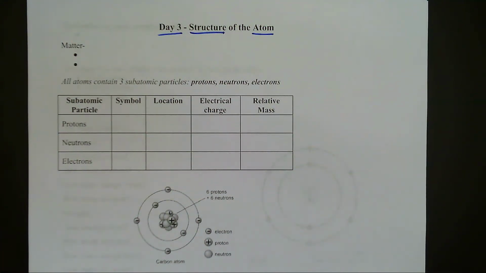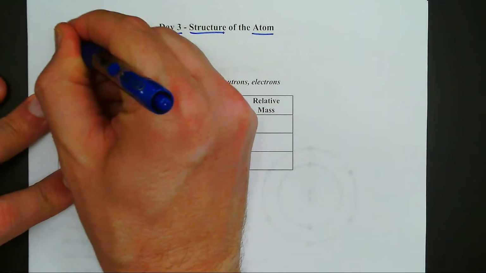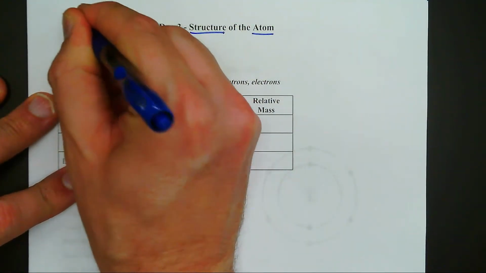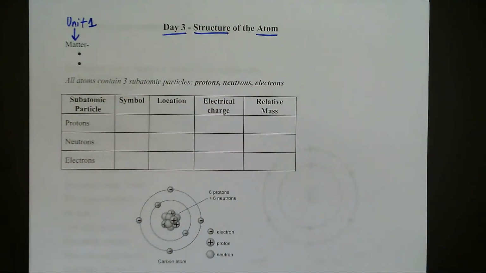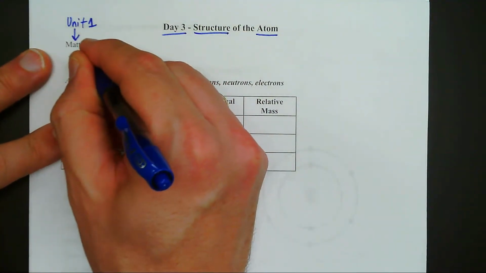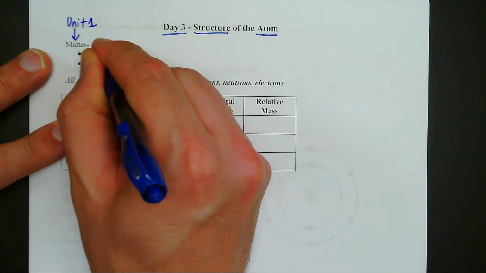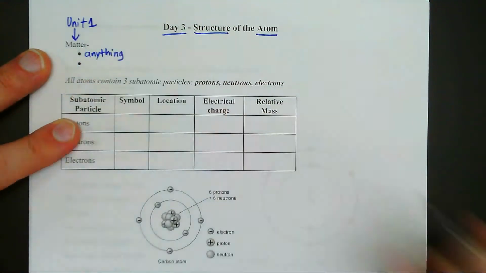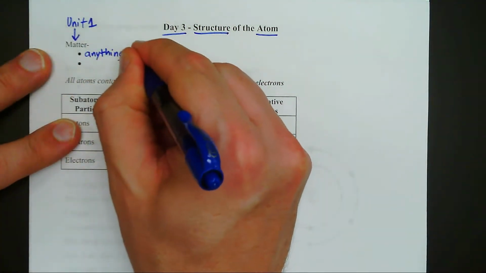definition of matter. I know that matter, we originally learned this back in Unit 1, but now that we're learning the periodic table, we need to understand that everything on the periodic table is matter. And so we're going to give you two definitions right now. The first definition is the same as what we had back in Unit 1. So it's anything that